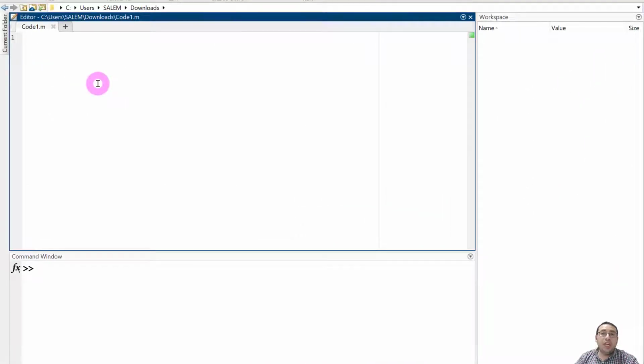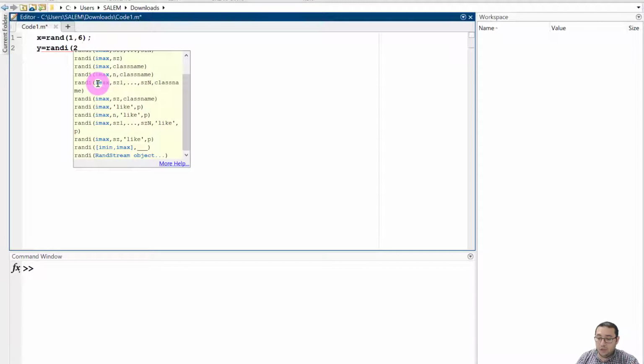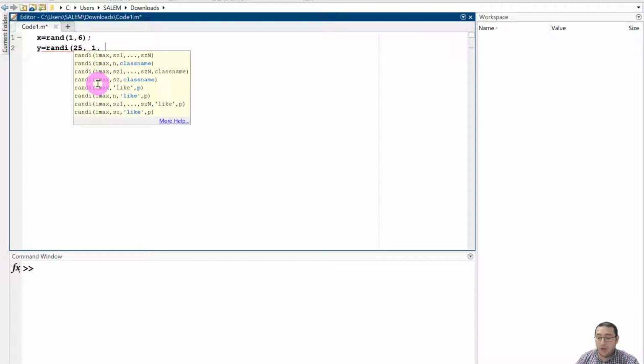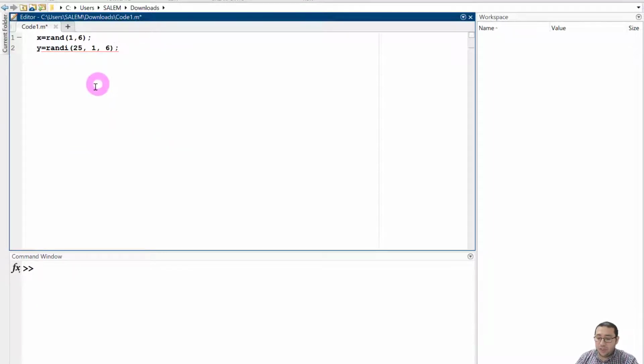For example, if we define two variables, if I define x, which is a random number from 1 to 6, this is just a random number. And if I define y as a random integer, for example, with upper limit 25, and also 1 row, 6 columns. I defined x and y, and what if I need to make code to estimate the mean, maximum, and minimum for the vector? So I can press enter and then have a function,